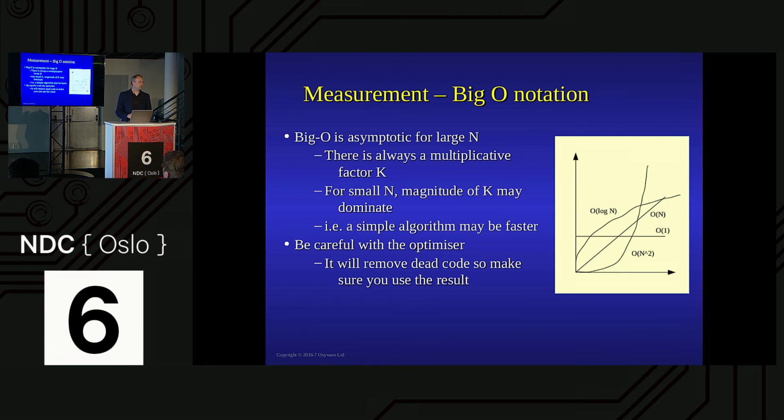Measurement. I mentioned it being important. So let's see if we can have measurement on our big O notation. Here are some wonderfully artistically drawn things. You may have order n, a straight line. Order n squared, which is really not nice. Order log n, which is sort of kind of flatter, and order 1. Remember, these are asymptotic as n gets very large, and there's a multiplicative factor involved in here as well.